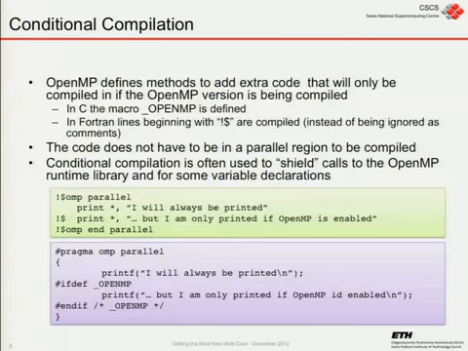Now, one of the other things you may wish to do is have conditional compilation. So sometimes there are pieces of code that you only want to be running if you're in your threaded region. And so we can do that in C and C++. It's straightforward using a macro, which is _OPENMP. And this will only then get compiled in if you're actually compiling with OpenMP. So in other words, if you set the OpenMP flag on your compiler, it will set this macro to be active. In Fortran, we've got a slightly uglier way of doing things, and that is !$